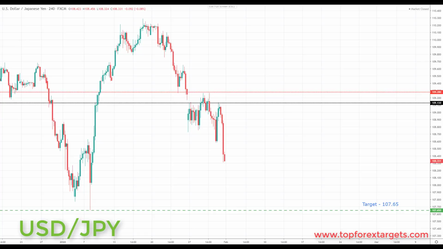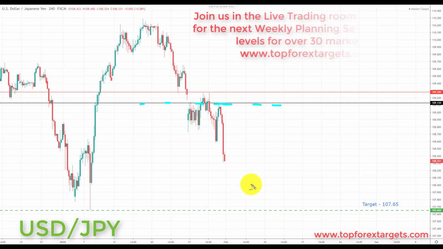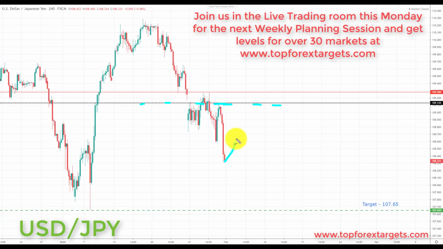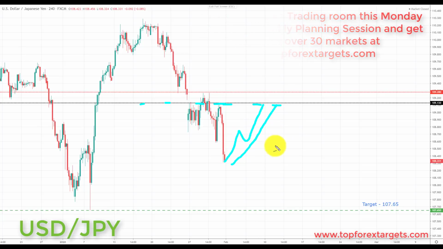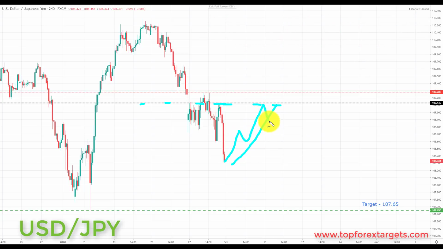So the next market we're going to look at is US dollar Japanese yen. Now we start the week below a key area of broken support, already turning resistance once at the 109.130. We are overall looking for further declines in this market next week. If we can get a pullback, and as always, if we can come back and retest broken support, turning resistance once more, this would be preferable as we could get better risk reward on the setups. But any pullback in this area is going to give us an opportunity to start to look for bearish setups. And if we get those bearish setups in this market, we're going to be looking at initiating shorts down towards the next key area of support to the downside and the target set at the 107.65.